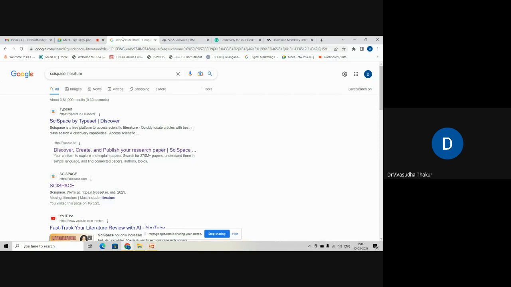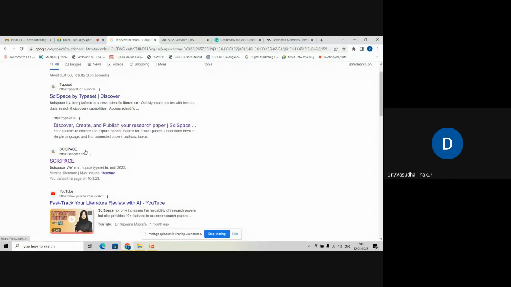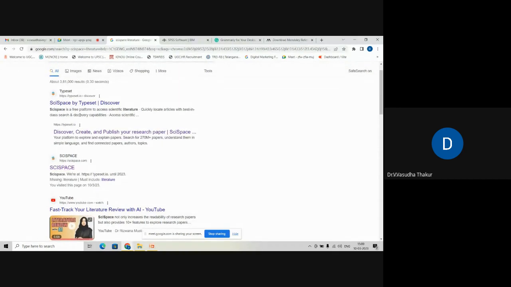A lot of a researcher's time ends up in collecting the data, organizing, etc. So when a researcher uses these kinds of tools, I assure you, you can save a lot of time. The other tool which I can talk about is SciSpace, which is again useful for